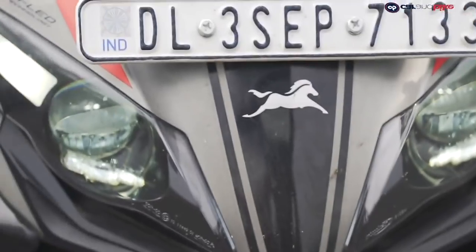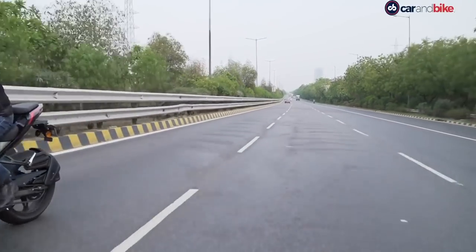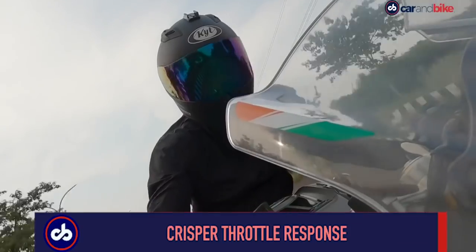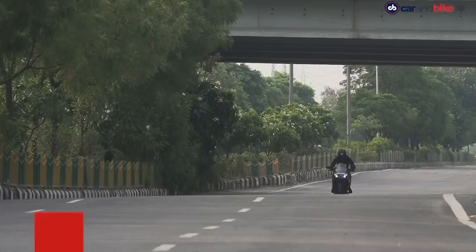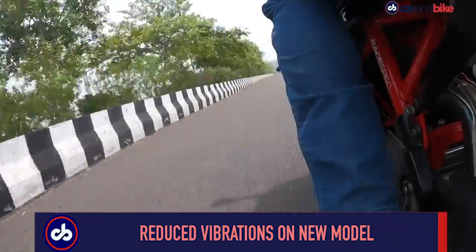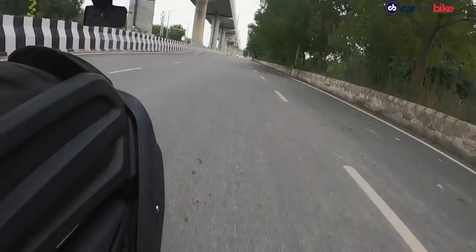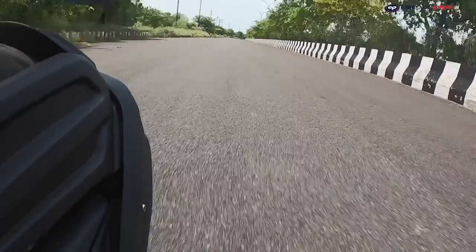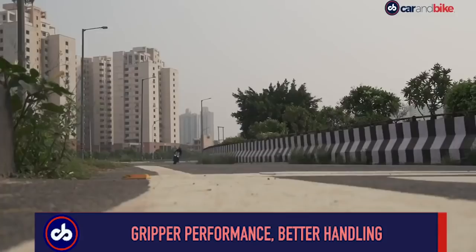The throttle response is crisper on the RR310 and the fueling seems to have become better, with on-off throttle transitions becoming smoother and without any jerk. The vibrations associated with the first generation RR310 have also reduced quite a bit, although you can still feel some vibes on the seat at high revs. The slipper clutch prevents rear wheel hopping and also offers a light feel on the lever along with precise gear shifts. But what has changed quite a bit